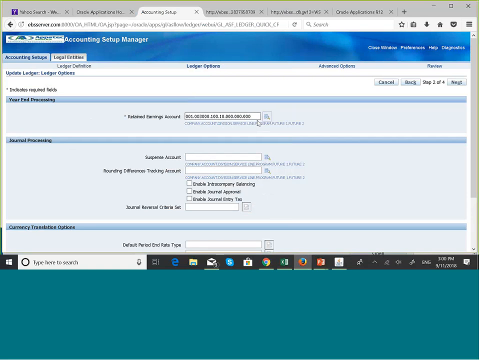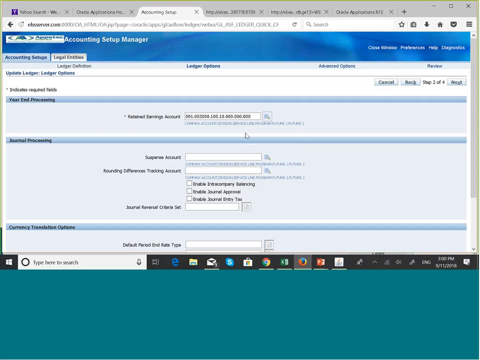Okay, but because we enable dynamic insertion, once we clicked that Create button when we were entering these account values, Oracle automatically validated it as a valid account from the values that we have entered in the different value sets, and it accepted this as our retained earnings account, even though we have not entered any journals in our ledger. It still validated it because these values come from the value sets that are associated with this ledger, and we